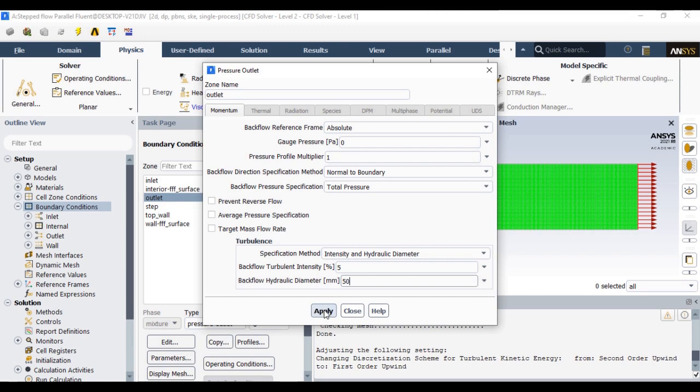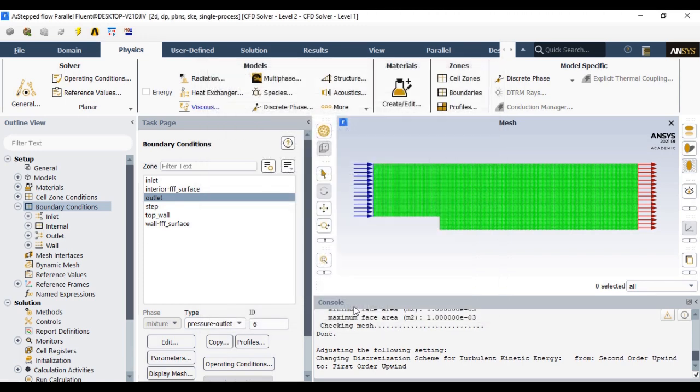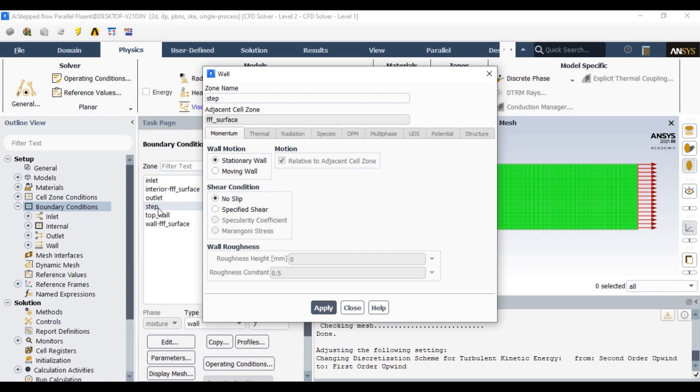Once you have specified the inlet and outlet boundary conditions, we have the top wall and step walls. All the walls we are considering as no slip boundary conditions. If you want to supply a specific boundary condition, you separately supply it over here. It's a no slip boundary condition, and you can also add roughness if you wish.